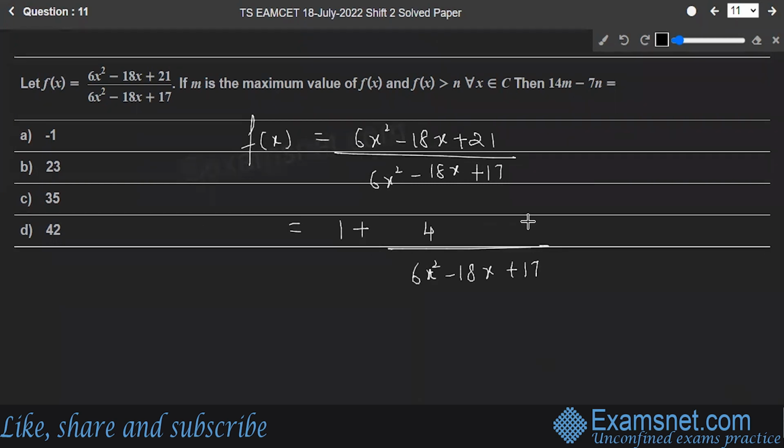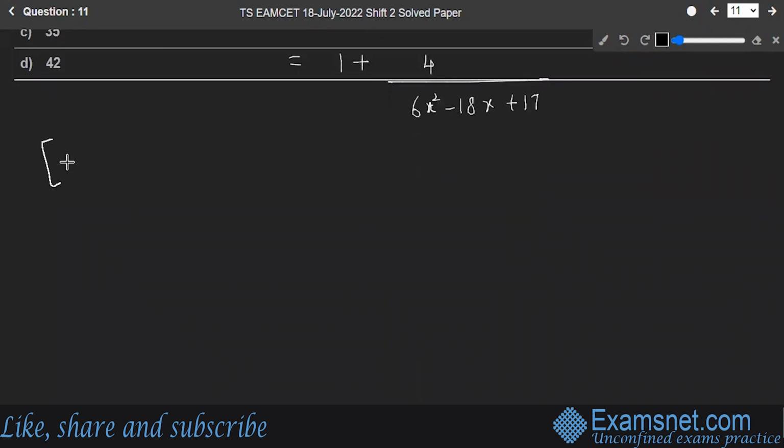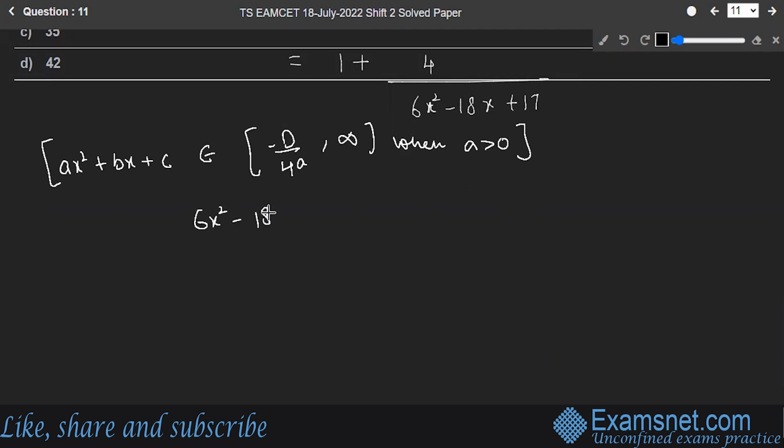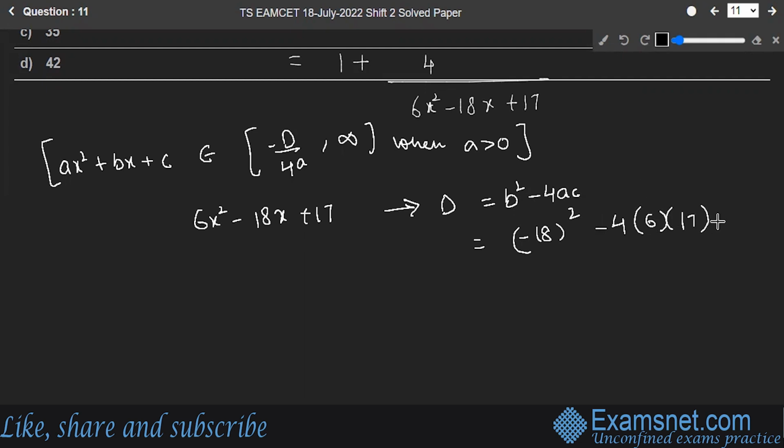Now, you know one thing, if the general expression ax square plus bx plus c belongs to the interval minus D upon 4a comma infinity when a is greater than 0. So for 6x square minus 18x plus 17, let's find out the discriminant, which is b square minus 4ac, which is equal to, okay, b square is minus 18 square minus 4 into 6 into 17. So this 18 square is given by